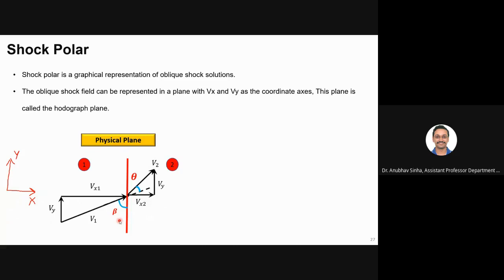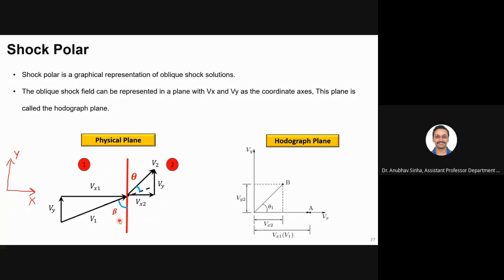Now, a more compact notation is what we call the shock polar. So instead of drawing this in a physical plane, we can draw this in a hodograph plane. Now what is the difference? Here the axes are not x and y, here the axes are Vx and Vy. They are oriented along those directions only, but we use them to scale. So your first coordinate is Vx. Let us say we orient the shock in such a way that